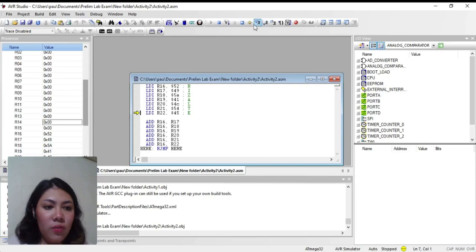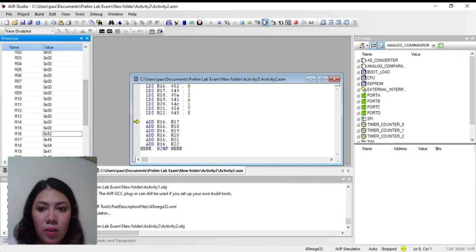You just click R16 and see the value changes. As you can see, it changes. So this activity is now done and we will now proceed to